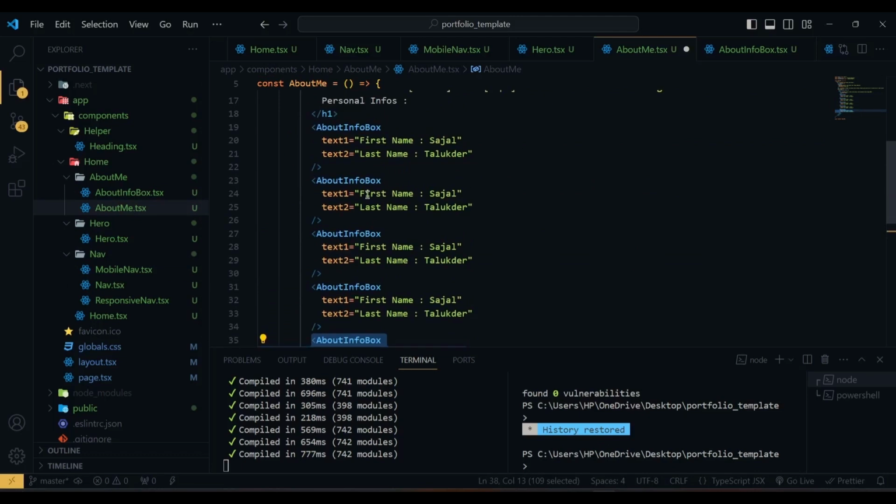And then for the second one we have address, then we have a phone, then we have age, then here we have the email,